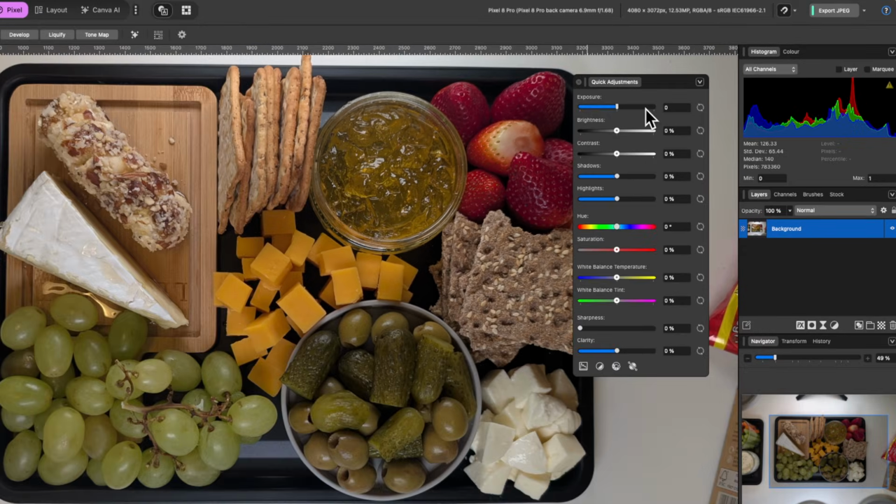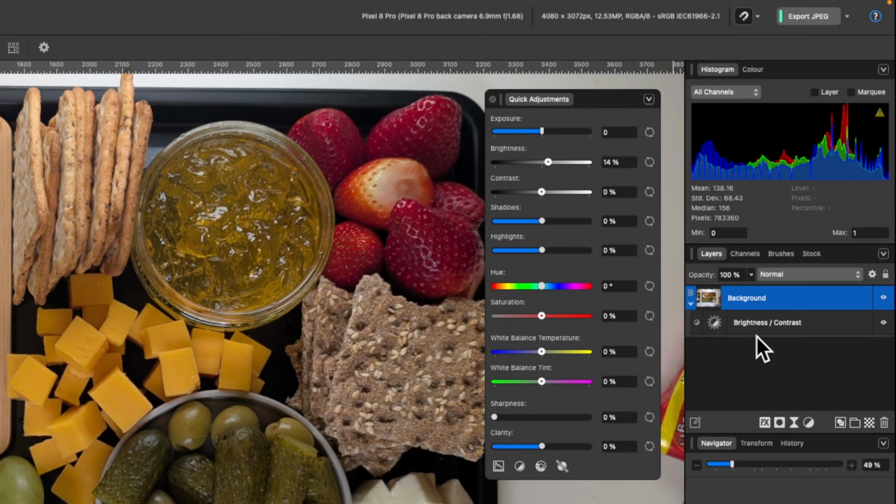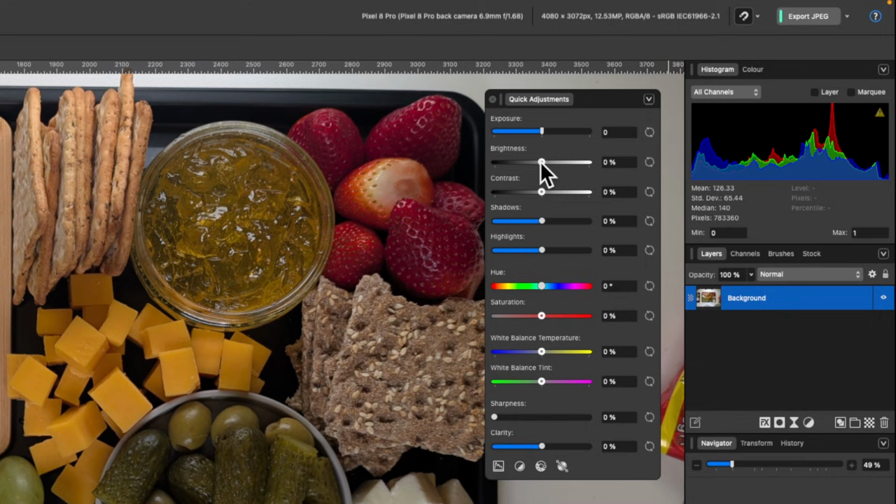So you can see here, it's very quick to add these, and watch what happens when I do it. So we'll just play with the brightness again. I'll just drag that up slightly. And you see in the layers panel, it's automatically added that new layer within the image. You see this little drop down arrow here. It's kind of nested inside of there. And if I go ahead and drag that down on the brightness to 0 and let go, it automatically deletes it, which is pretty cool.